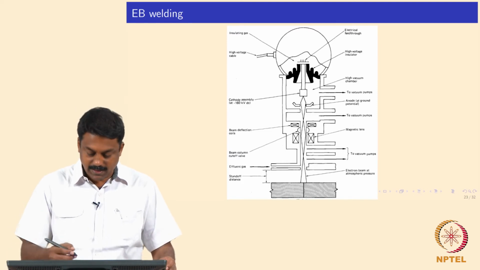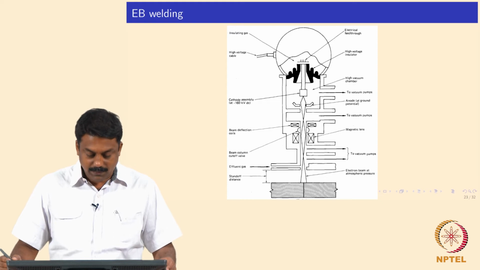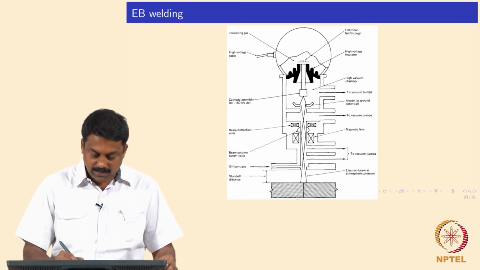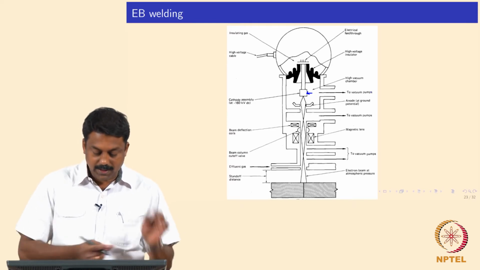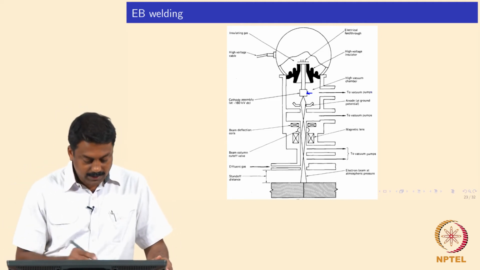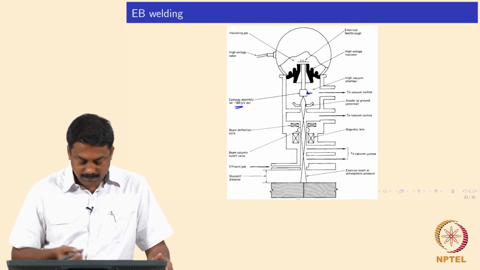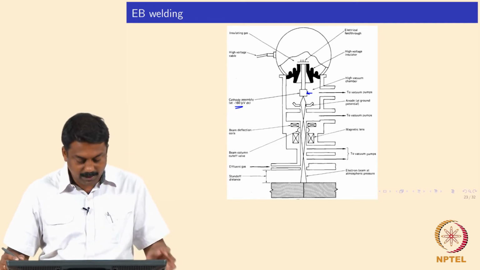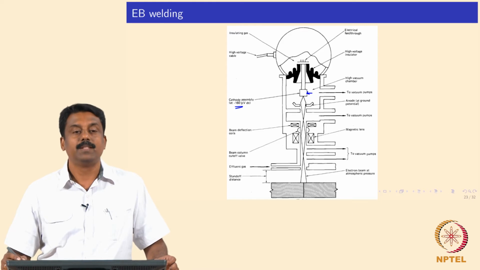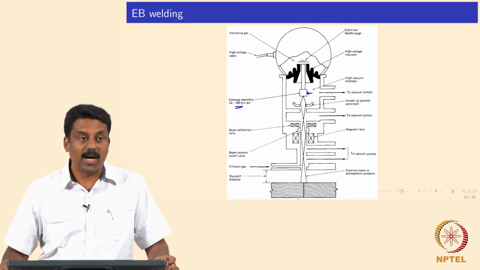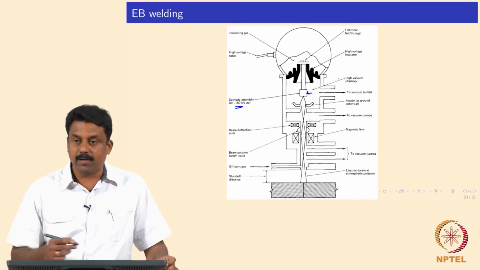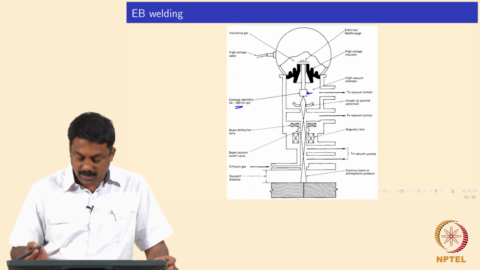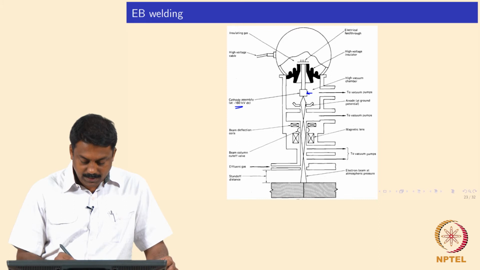So, what you see here is a simple schematic of an electron beam welding setup. This is the cathode assembly, is it not, and you apply a very high voltage to emit the electrons. For much higher electron power, it is 160 kilovolts. So, you can generate about 30 kilowatts of power using an electron beam, okay, it is much higher. The entire setup would be in a very high vacuum, and then we can use the electrostatic and magnetic lenses to converge the beam as well as to focus the beam onto the workpiece.